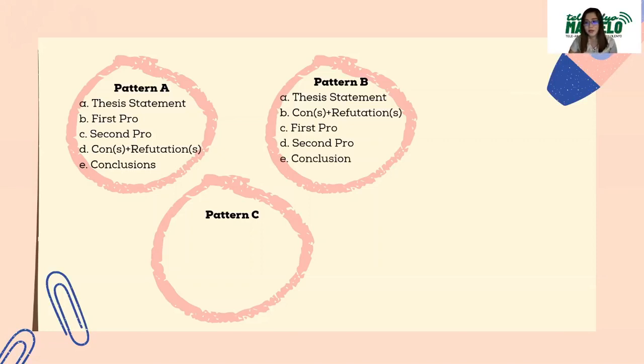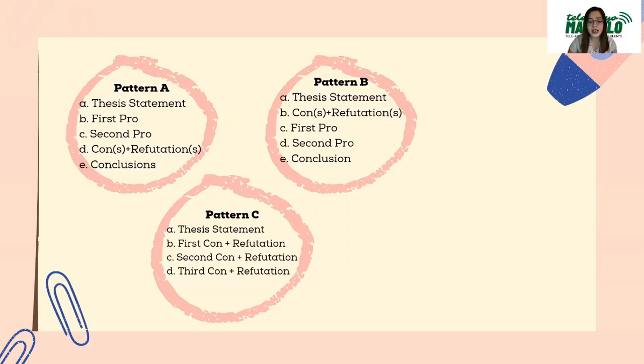Last one would be pattern C. For pattern C, again, we have thesis statement as the topic sentence for the first part, and then we also have first con, second con, and then third con plus our refutations, and lastly would be the